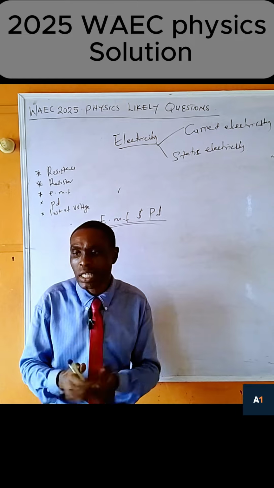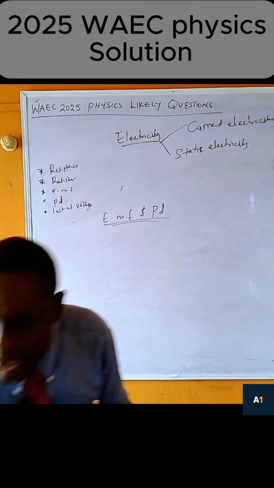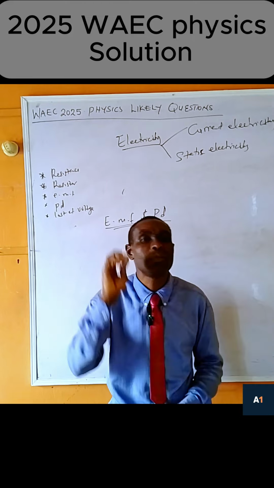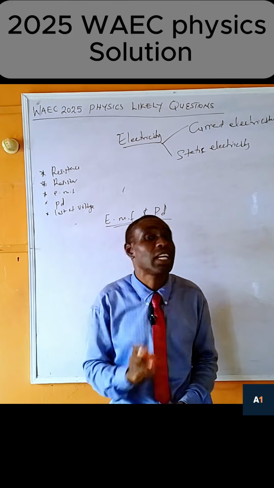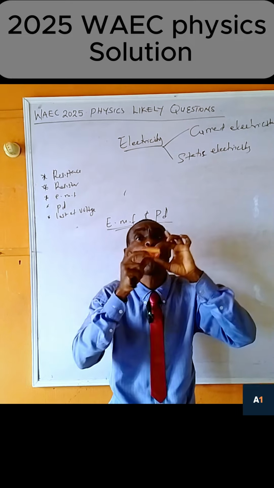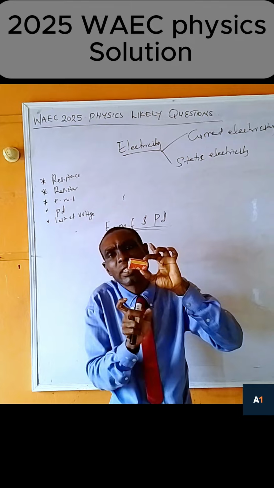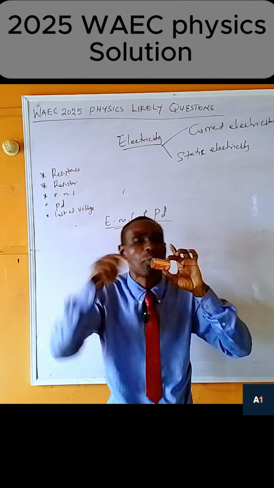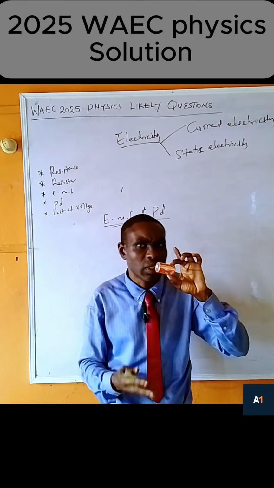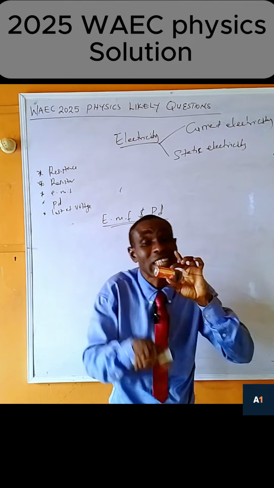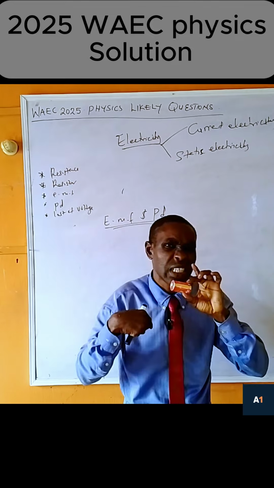Now, what I mean is this: if you look at this battery, if you check it, it is 1.5 volts, which is EMF, not PD. We have not connected it at all. This is an open circuit. When you connect a load to power it, it will not reach 1.5. It can reach something like 1.2, which means it has decreased, which is called PD. Is that taken?